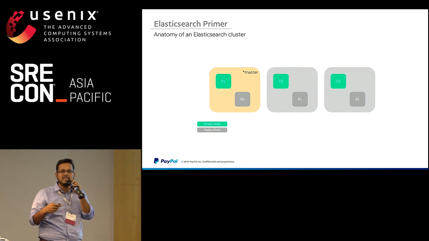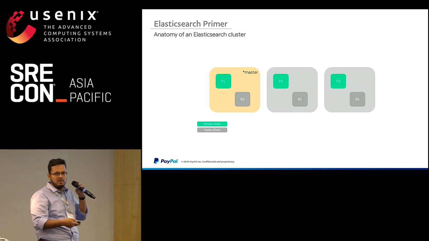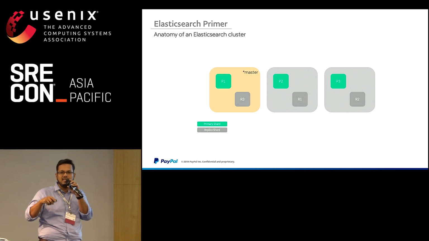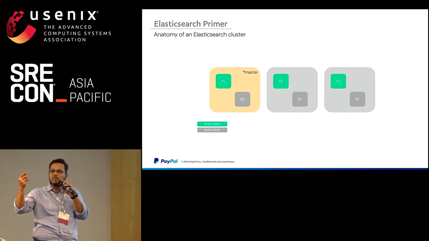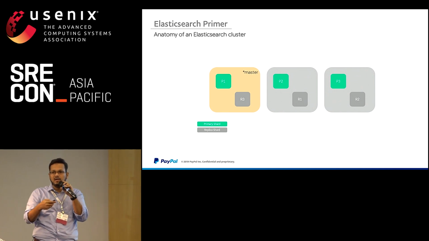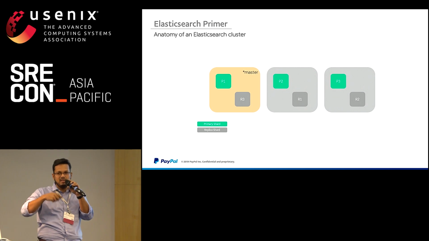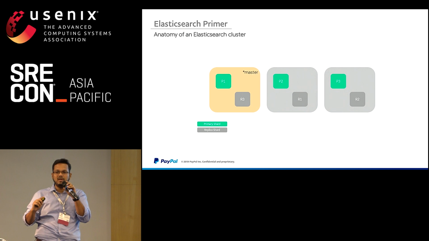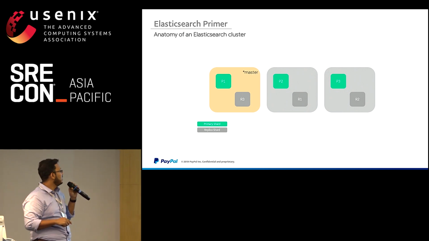This is to make sure Elasticsearch is resilient. So say, for example, you run this cluster and a node goes down, you won't have loss of data. The data that was available in that node would have been automatically replicated in another node. And the master node in Elasticsearch is keeping track of that. So the moment it realizes that a node went down, it will automatically route all the requests for that particular shard to the machine which hosts the replica. And it will also automatically kick off a process that makes sure another replica is created. So it always makes sure that there are enough copies of data to serve all your requests, right?